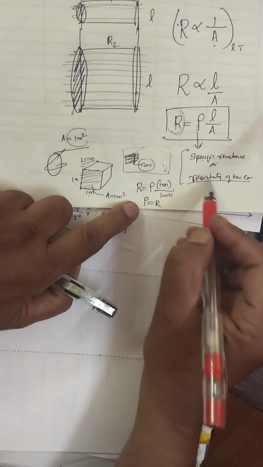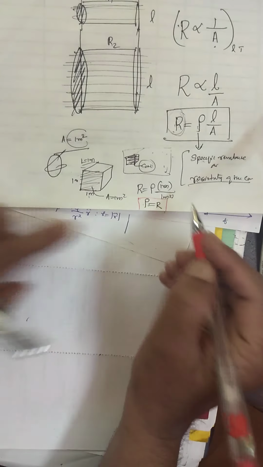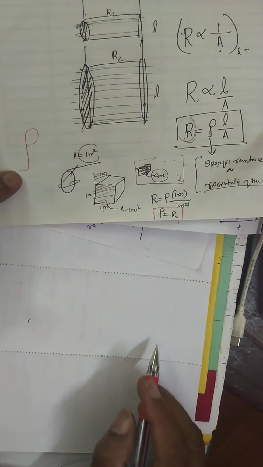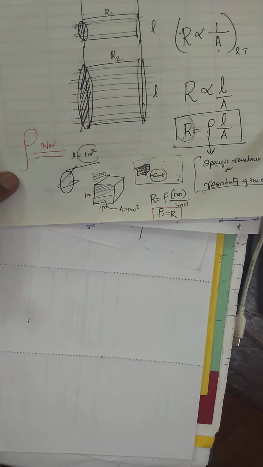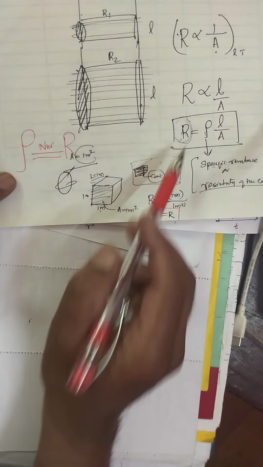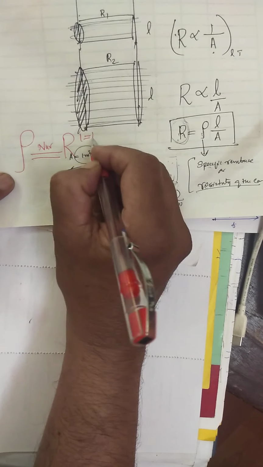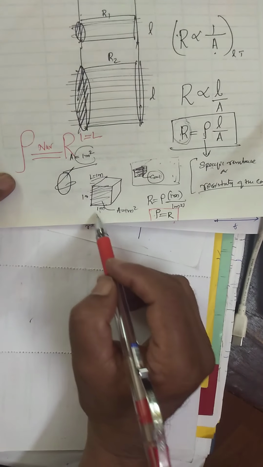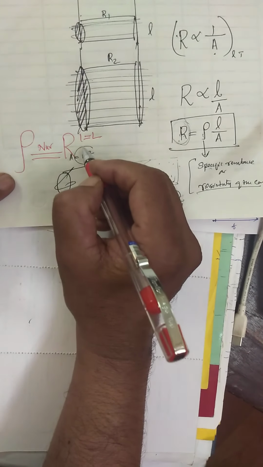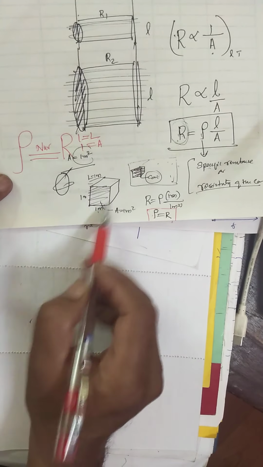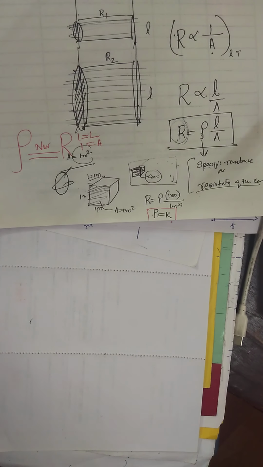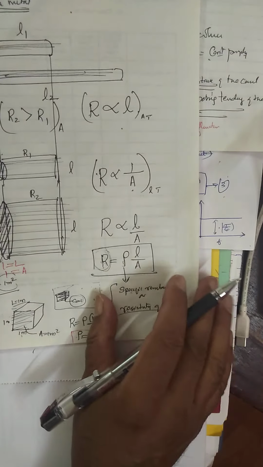Our rho is what? Specific resistance. See, specific resistance is numerically equal to, that is important, numerically equal to the resistance of this conductor. What is this conductor? Whose length is unit length and unit area of cross section. Therefore, what I write is